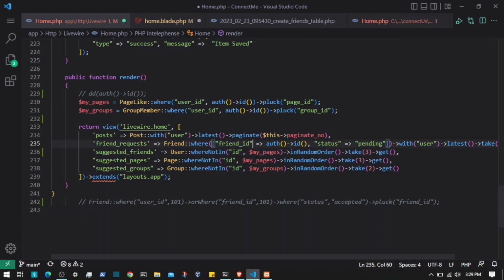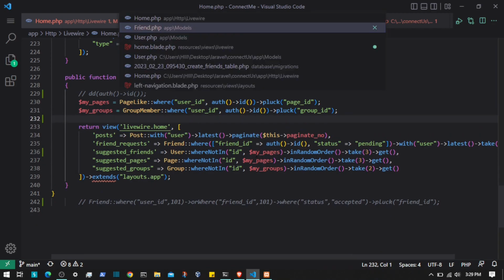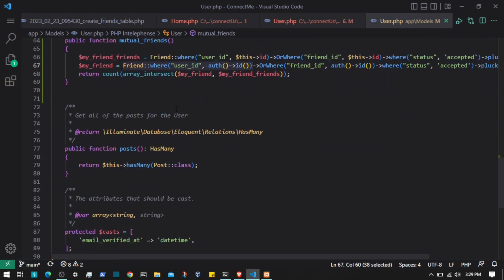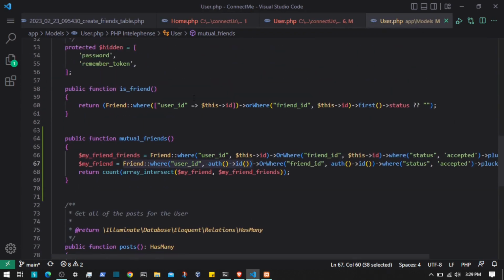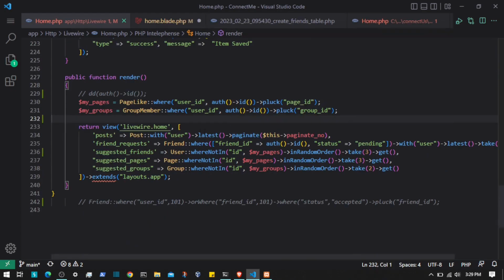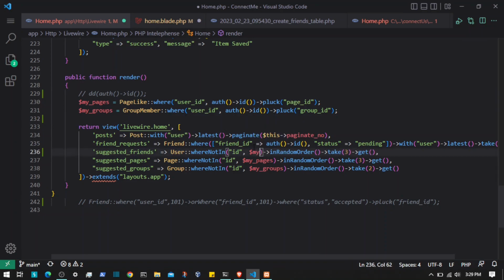In this case, I'm going to find my user friend IDs, and for that I think we have a method for that in the user model, is friend, and I can use this query as well, but there's a problem with that as well. So I'm going to go ahead, it's this one, right? Suggested friends, friend underscore IDs. Take random three, let's say four, because we talked that